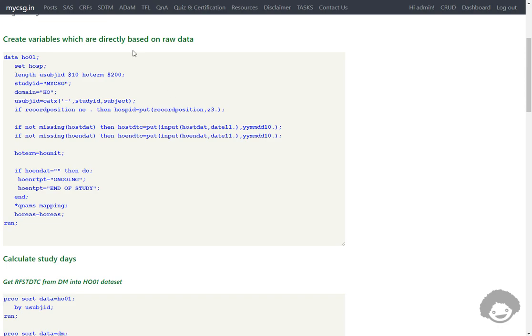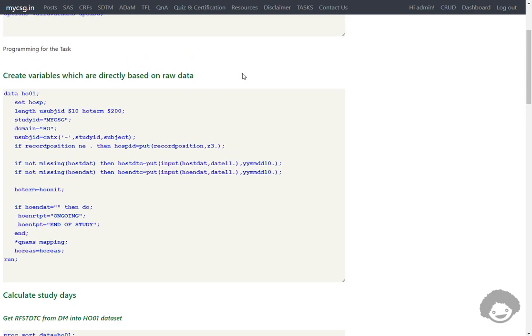So we have our SDTM programming available here. The first section says create variables which are directly based on raw data. The raw data which is used as input for this domain is the HOSP dataset. So here we are using that HOSP dataset and creating a dataset called HO01. In this dataset we are creating all the variables which have to be manually assigned or which are directly based